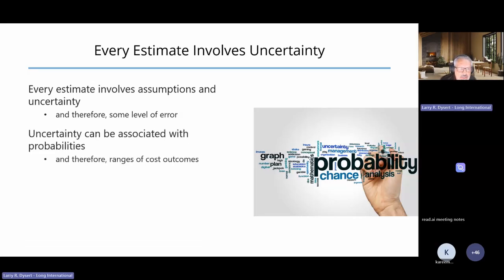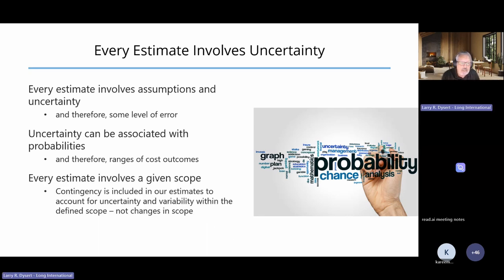And when we're dealing with uncertainties like this, our goal is to try to associate that range of numbers with the probabilities associated with any particular value within that range of cost outcomes. When we prepared our estimate, when we've gone through a process to try to evaluate the uncertainty associated with our estimates, and we include that contingency value to cover uncertainty within our estimates,